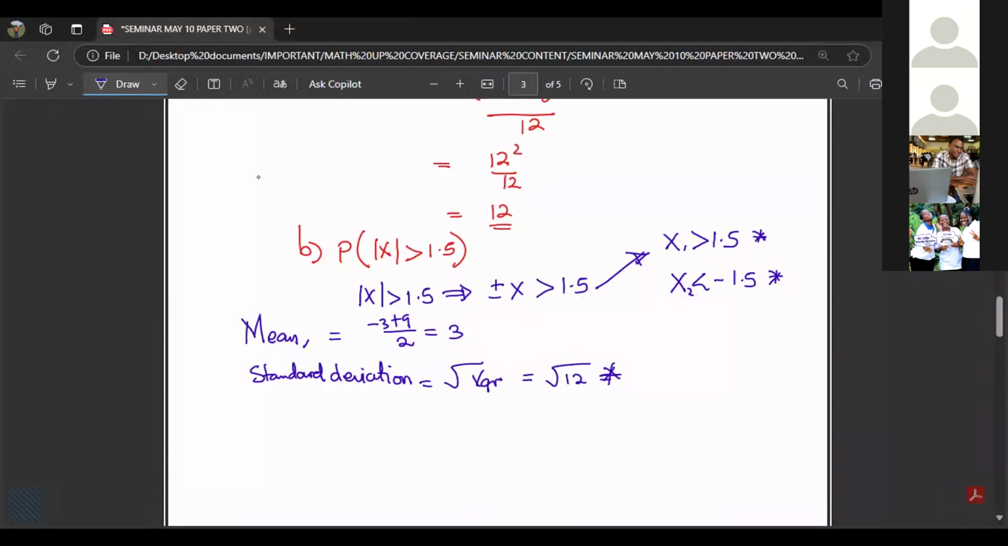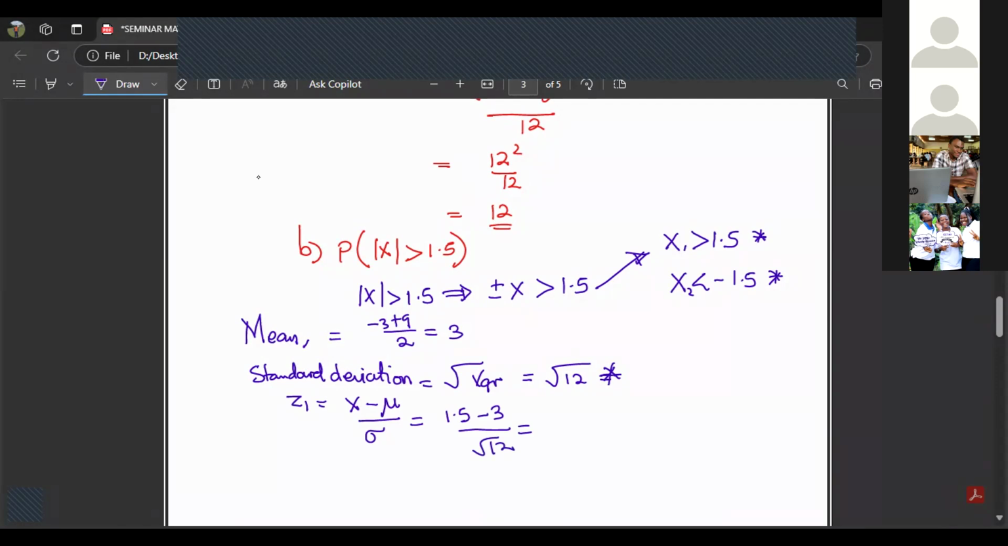So we can standardize the first one. So z1 is going to be equal to x minus the mean over the standard deviation. And our x is 1.5 minus our mean, which is 3, divided by root 12. That would give us our